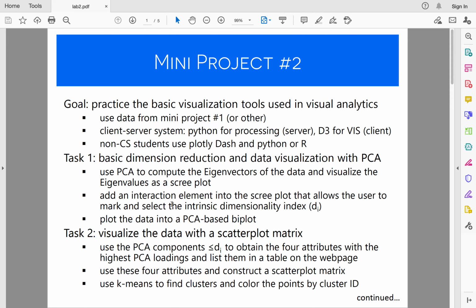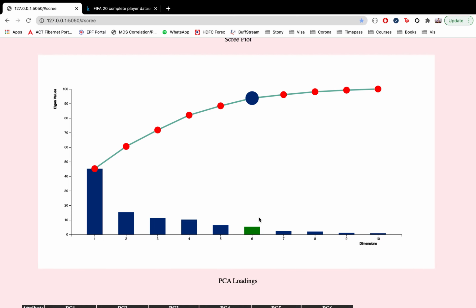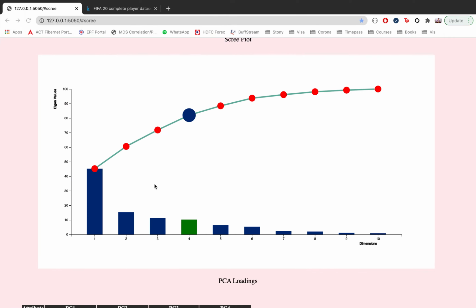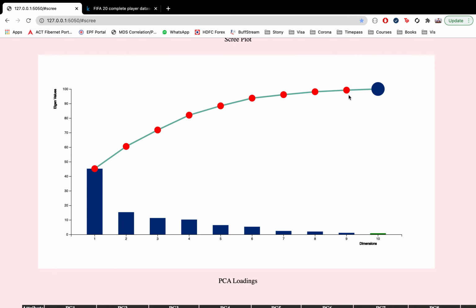For the second part, we are asked to come up with an interaction element on the scree plot so that users can select the number of dimensions. Over here, I've added the circles and the bars. If you select any dimension, we'll load the PCA with that number of dimensions. Why we need these dimensions will come up in the next part. But right now, this is the whole user interaction element which I've added for this scree plot, where based on selecting, we can highlight, this keeps being highlighted, and we'll calculate the PCA loadings in the next step.